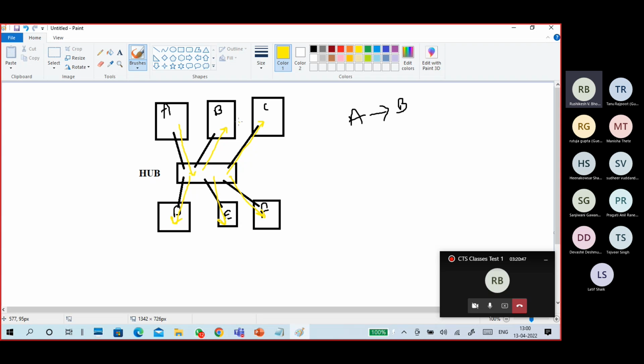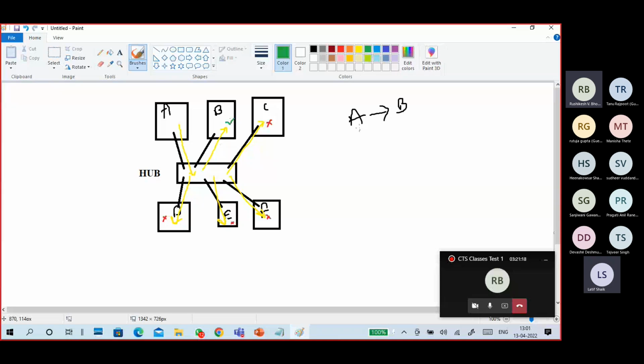On the other side, devices verify whether it belongs to them or not. C checks it: it does not belong to me, drop the packet. F, drop the packet. E, drop the packet. D drops the packet. Of course, B checks: the destination IP address is me. Then it accepts the packet.